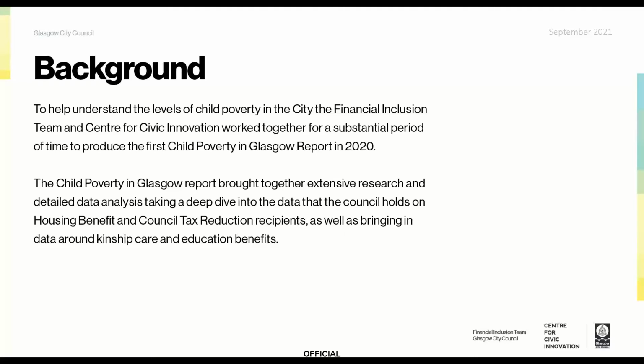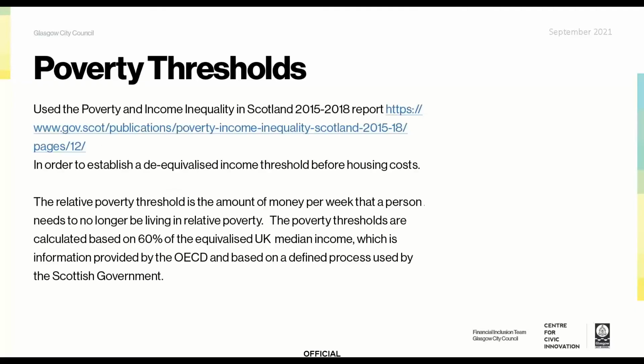However, we went ahead and produced the first report, and that was February 2020, so it was just before the pandemic hit, and that gave us our baseline figure. And we published that 2020 report with our Year 2 Local Child Poverty Action Report on the 25th of February. And again, that captured the details of about 36,000 children in Glasgow. If I can move on to the next slide, please.